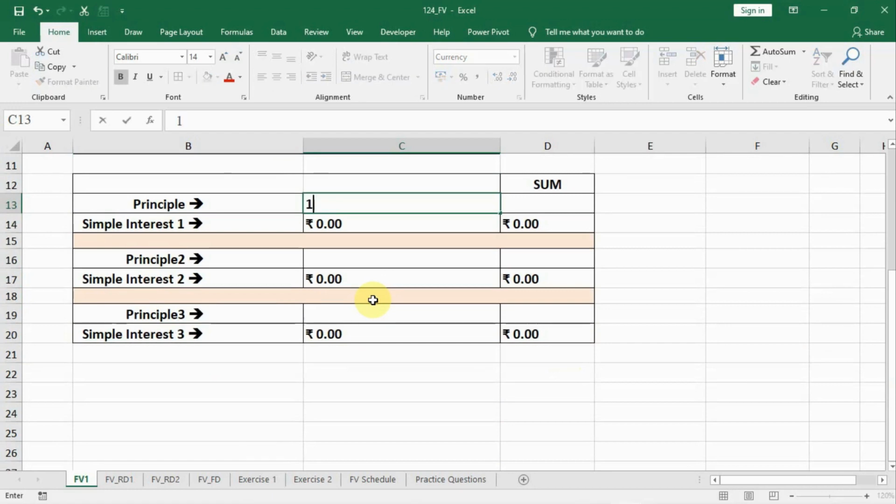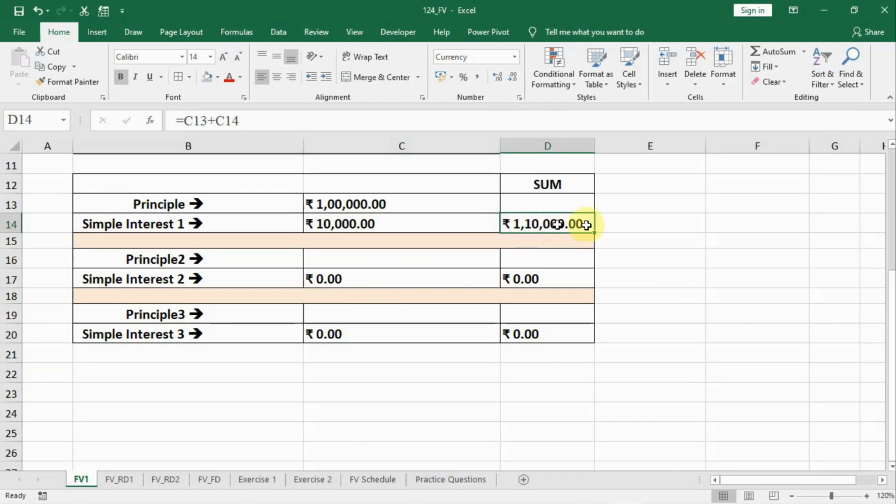If we write 1 lakh rupees like this, then I have already written the function for how to calculate a simple interest, and at the end of the first year we have 1 lakh 10,000 rupees. We'll see it as an investment for the second year. To calculate the compound interest for the second year, we'll type it here. It comes out to 11,000 and the total amount will be